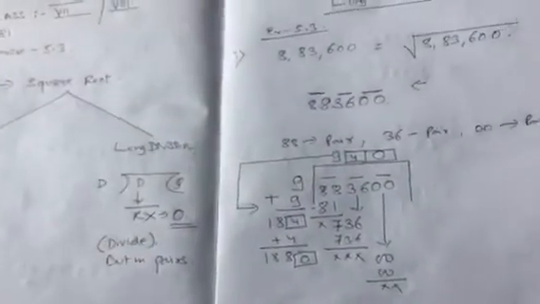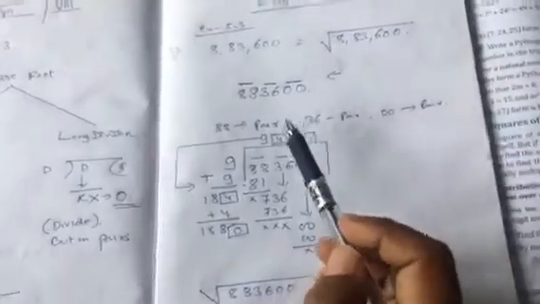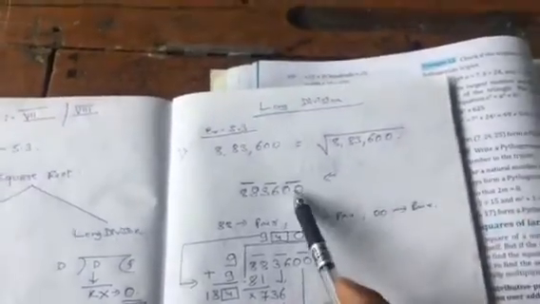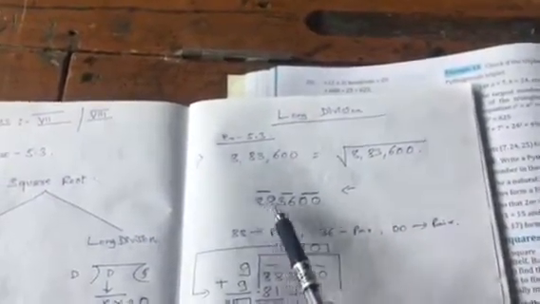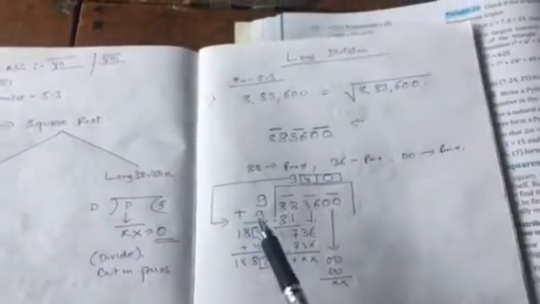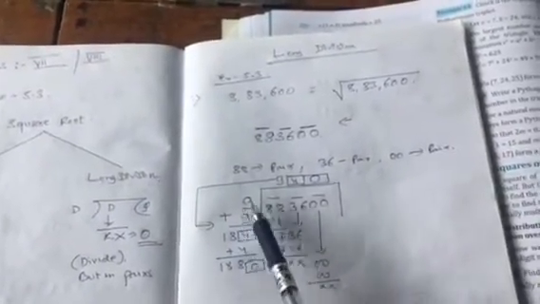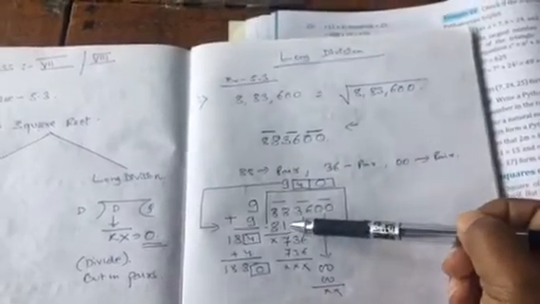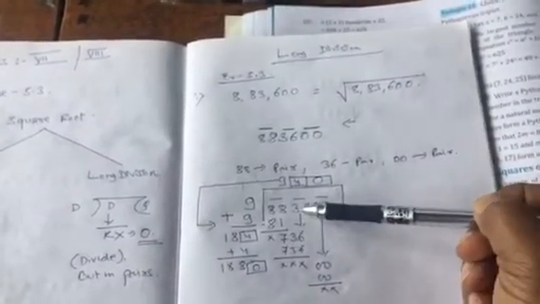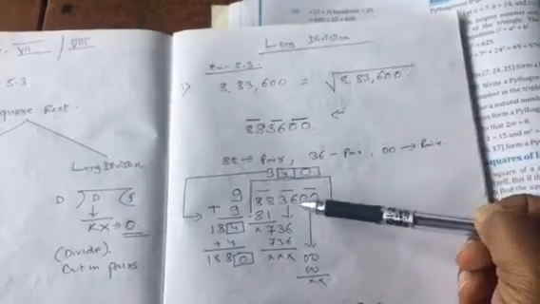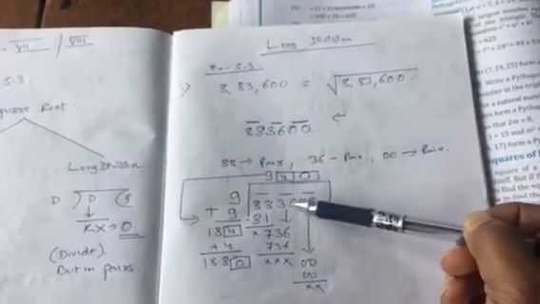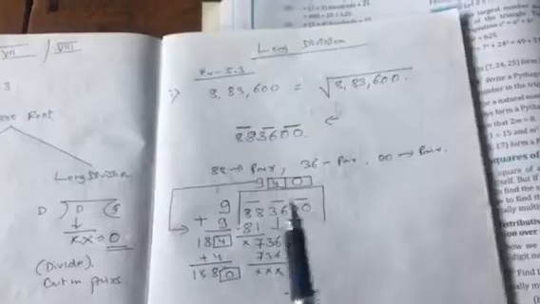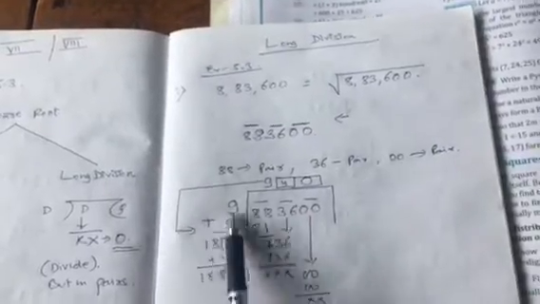Now if you again see this out here, the same thing has been followed here. These two are a pair, these two are a pair, and these are a pair. For 88, I have taken a 9 here. So 9 9s becomes 81. So 88 minus 81 is 7. And 3 has to come down. But since 3 is already in a pair with 6, 36 comes down. And this 9 comes here and gets added here.